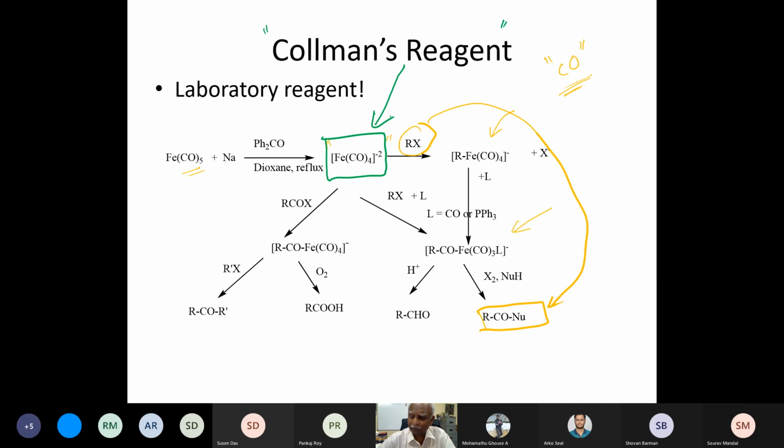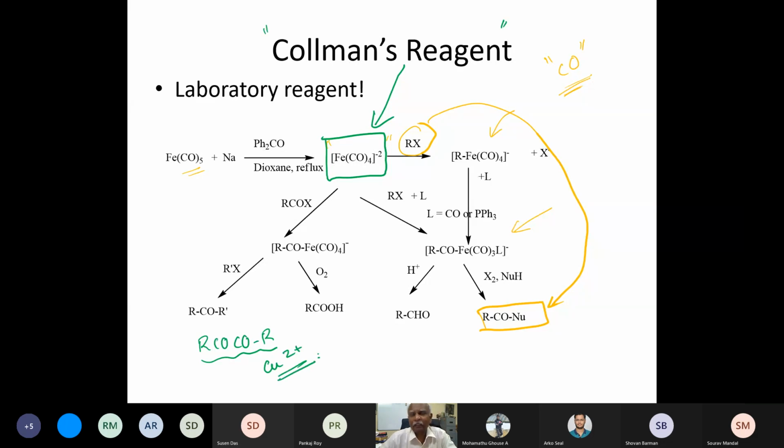It's a species that can be used for a variety of carbonyl insertion reactions. I have shown some of them here. Many of them just involve a single carbonyl insertion. Years ago, Professor M. Periasamy from University of Hyderabad showed that you could have multiple insertions of carbon monoxide and form a diacetyl species. So he generated RCOCOR, okay, using not Coleman's reagent, but in situ generated Coleman's reagent, and he used copper 2+.